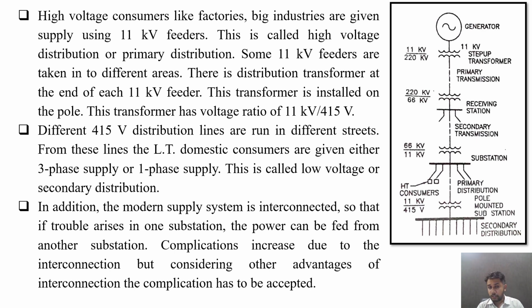So the reliability of a power system increases, and due to which the financial losses incurred by the distribution company reduce. So in comparison to that loss or that cost, the complications due to the interconnections are considered acceptable. So this is the single line diagram from power generation to power distribution to the load, and is realized.